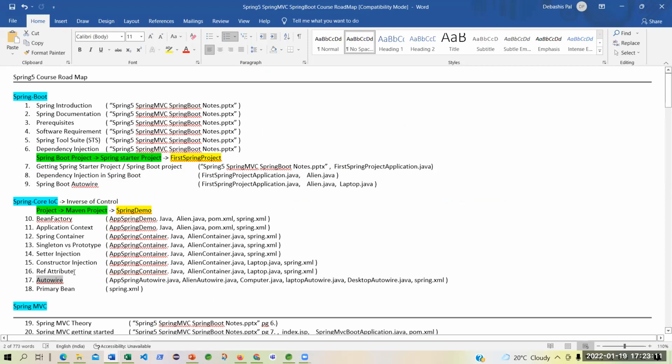We have to understand the ref, because AutoWire is nothing but you are trying to inject a component into another component. Or better to say at this stage, because you are not aware of Spring Boot, AutoWire is nothing but an injection of a dependency of an object with another object.